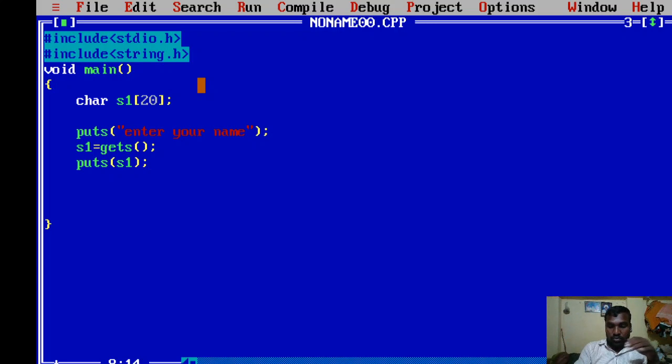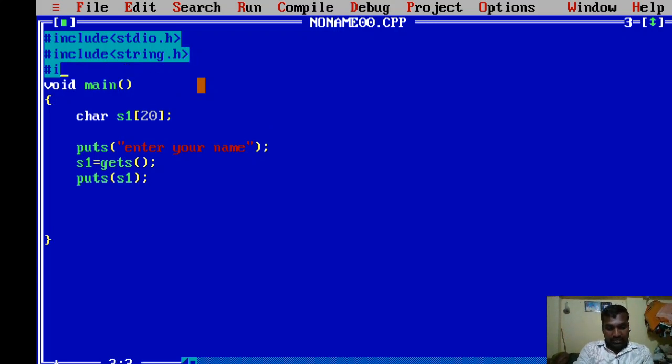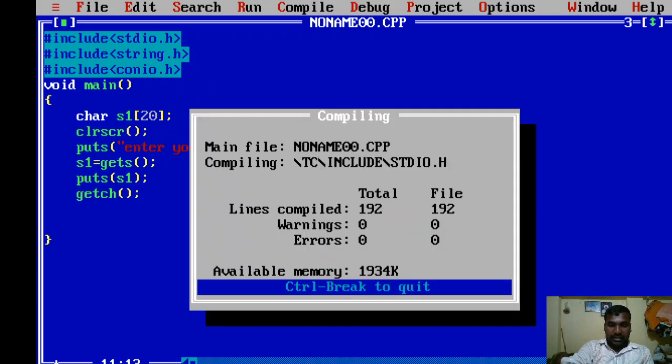Here I am trying to use the conio.h header file so that I can clear the console screen, overriding all the previously existing output. Then I'm using the getch function to view the output directly.